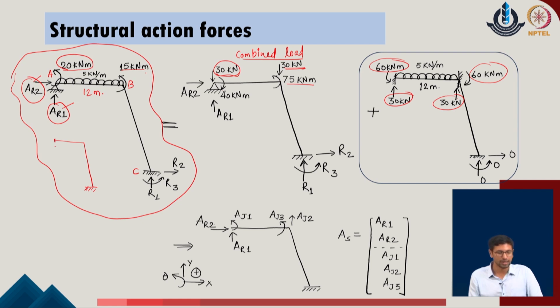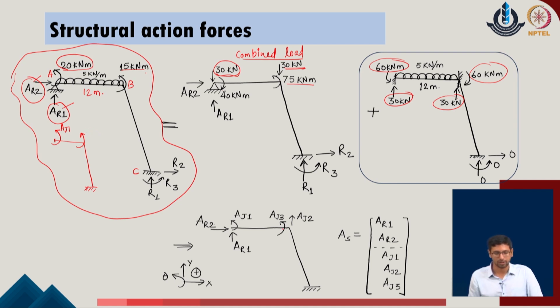With respect to the joint A, I have already considered AR1 and AR2 as the redundants. So, there is only one possibility of the available joint action force there, and that is AJ1 for the given system, which is the moment at the joint A. At the similar point, joint B of the given problem is not provided with any support conditions. It has possibility of the rotation at this point, and this becomes my second possibility AJ2 of the given system. Now, with respect to these two criteria of the given system, we can have now AJ1 and AJ2 as the possible two set of the action of the given joint system.